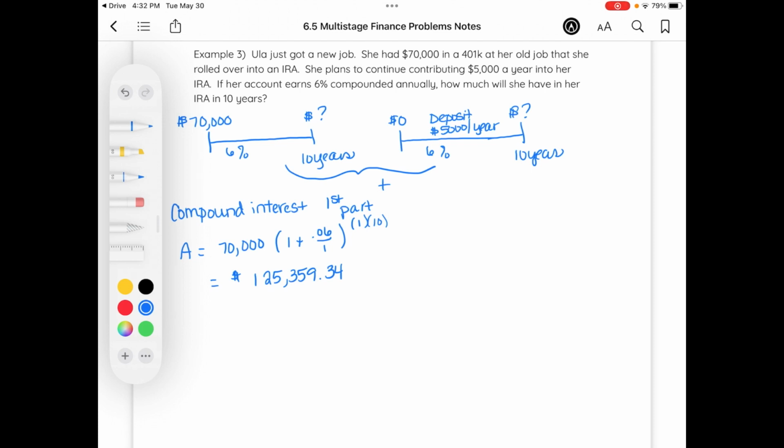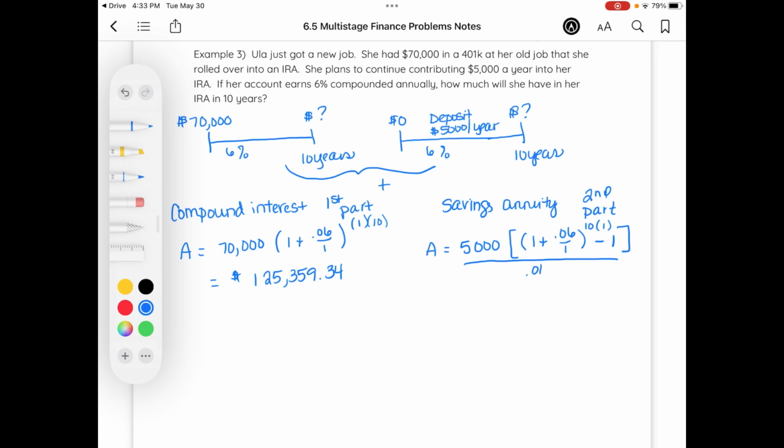Now, the second part is not a compound interest. The second part is a savings annuity, because you're continually putting money into an account that you're earning interest on. And the amount we will earn on this account is $5,000 times the quantity. Since we're putting our payment in at the end of every year, we'll have 1 plus 6% divided by 1 time per year to the power of 10 years times 1 time per year minus 1